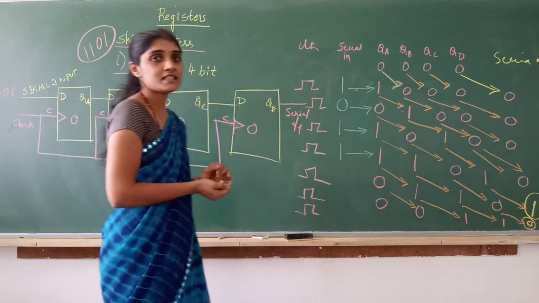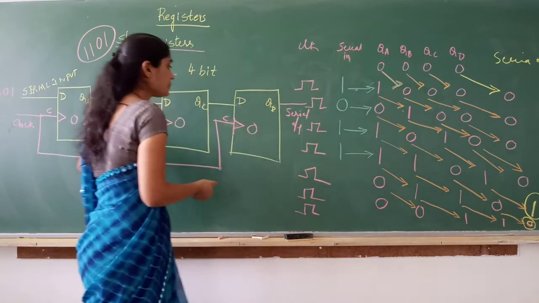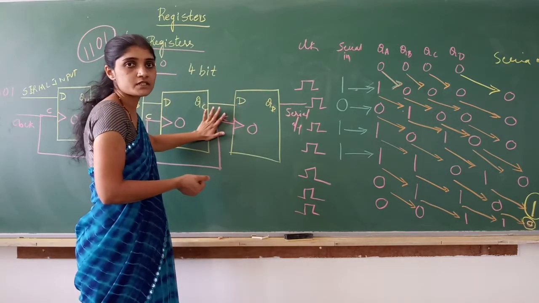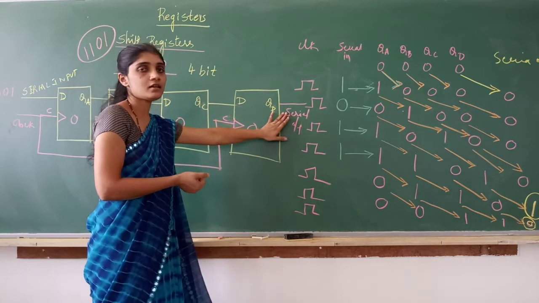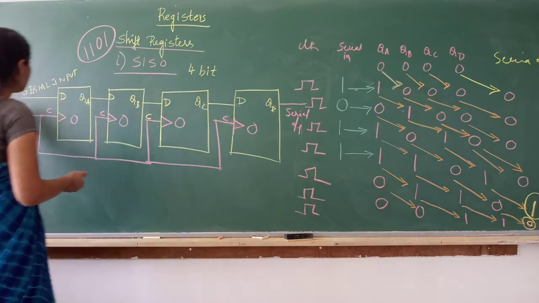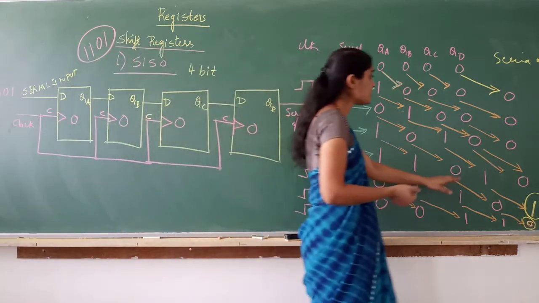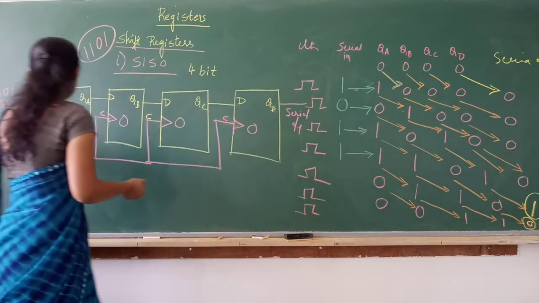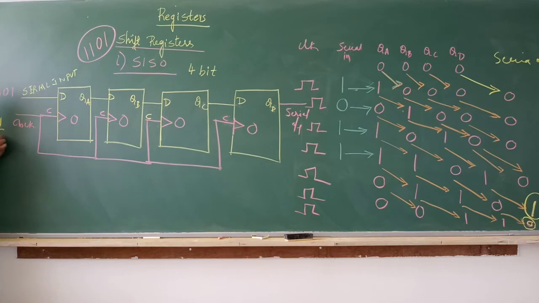So in serial in serial out, upon giving 4 clock pulses, the 4 input bits will be stored in all the 4 flip-flops. But if you want those 4 inputs to come out serially, you have to give 4 more. So 8 clock pulses are required for 4-bit serial in and serial out. And you have to remember, you are giving the inputs as you want to store 1, 1, 0, 1. But you get this bit first. You are going to get the outputs as 1, 0, 1, 1. Now you get it reversed.